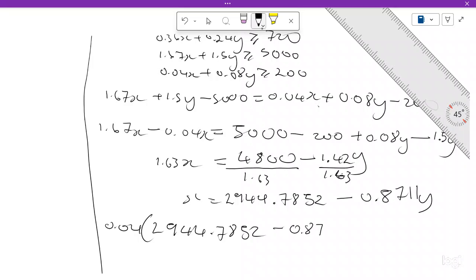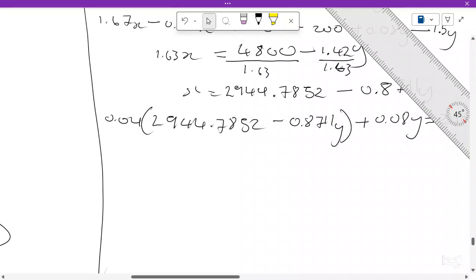Then now we solve for x in the formula. We can still use that one at the bottom. x is equal to 520 minus 0.16y, over 0.32, and then plus 0.08y equals 200. So 0.04 multiplied by 520 over 0.32,